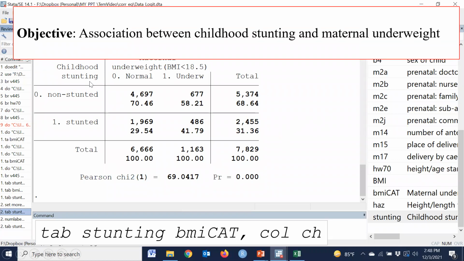Our objective was the association between childhood stunting and maternal underweight. The null hypothesis is that there is no association between the two variables, and the alternative hypothesis is that stunting and maternal underweight were significantly associated. Since the p-value is significant, that means we reject the null hypothesis.